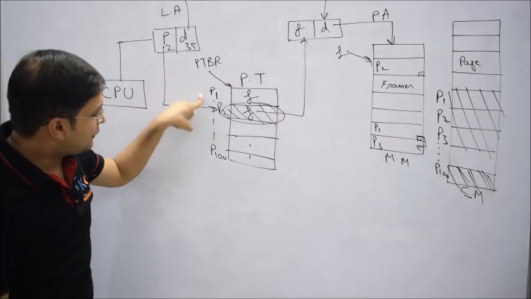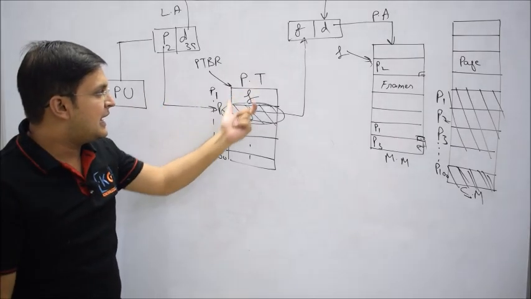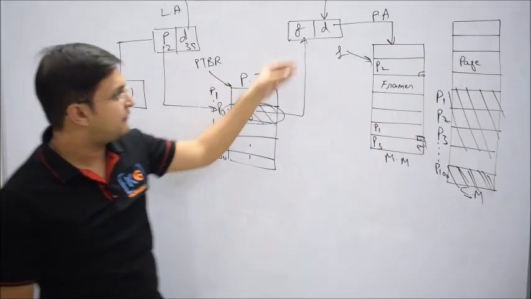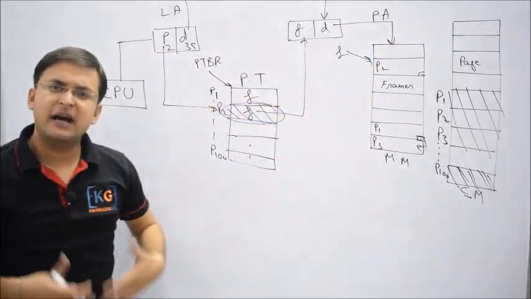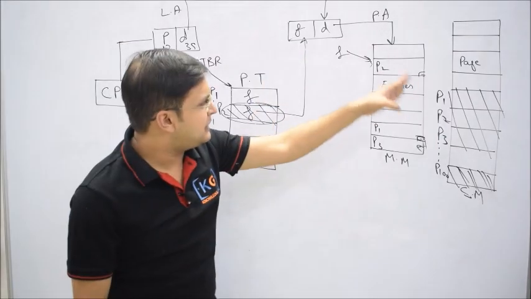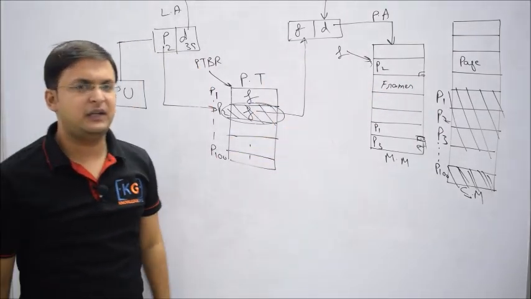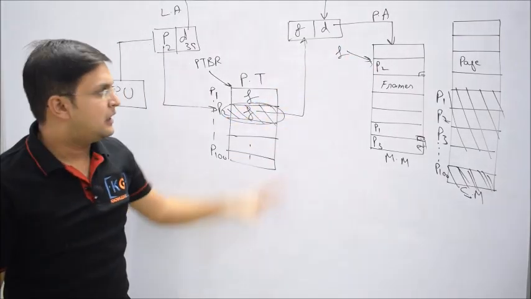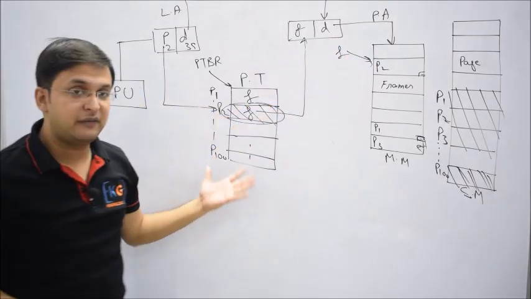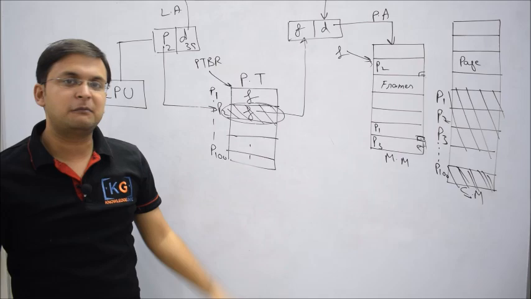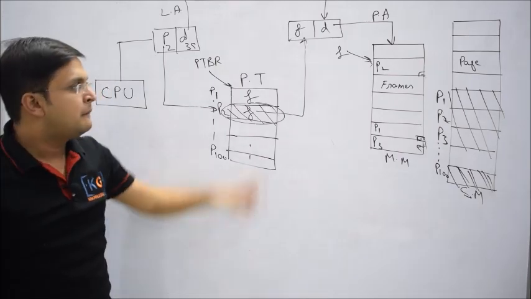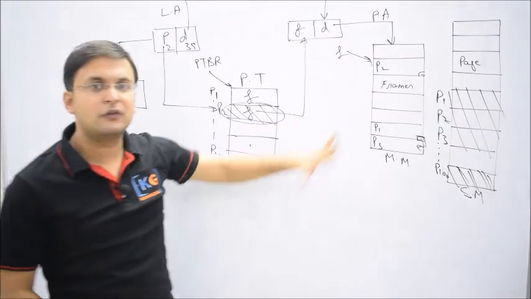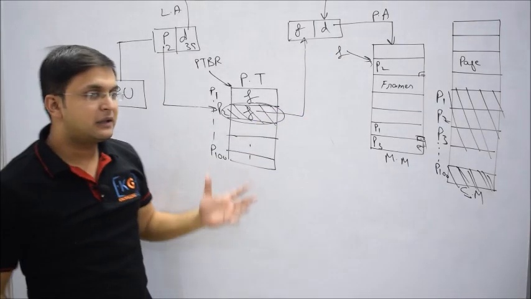So you see, from page number 1 to page number 10, I'll have the base address of every page, the base address of that frame where your page is stored. And we have already understood that the size of a page and the size of a frame will remain what? Same. Now you understand the advantage. I'll access my process in a very convenient fashion, and you see there is no concept of what? External fragmentation, because if a frame is empty now, I'm going to use it no matter whether it is contiguous or what? Non-contiguous. But what are the disadvantages?